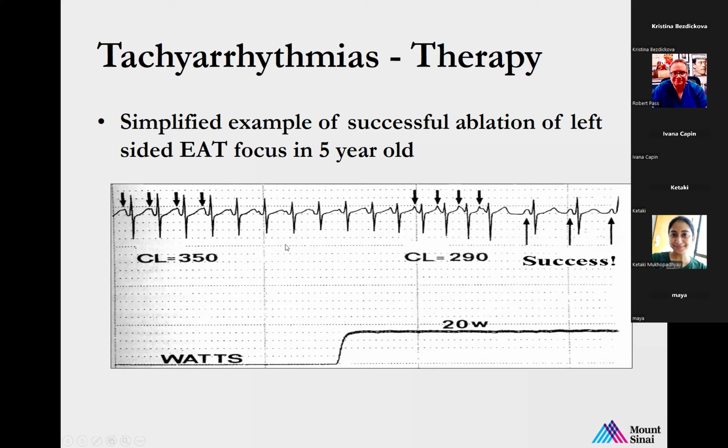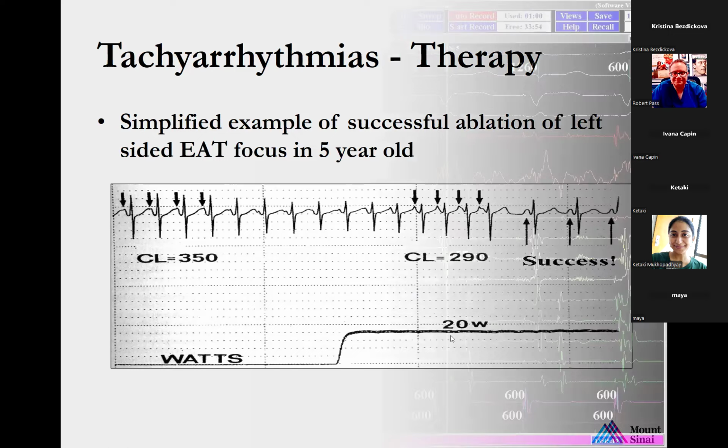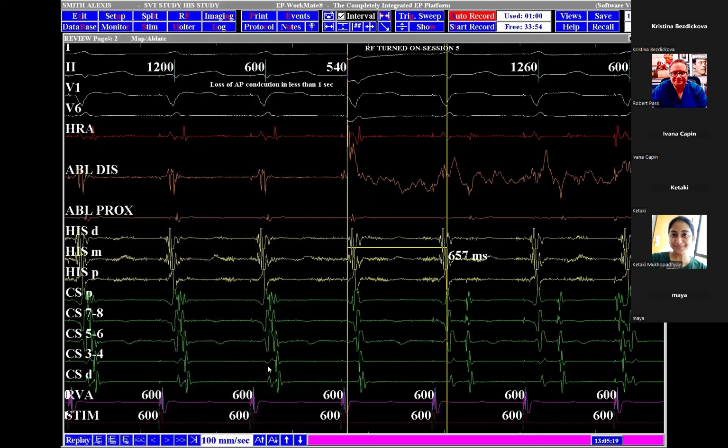This is an old example of a patient in ectopic atrial tachycardia. The radiofrequency current is turned on, and after a few seconds, a patient breaks from EAT into sinus rhythm in a 5-year-old. And this is an example from a million years ago of a patient who has, I'm sorry, not WPW, has a concealed pathway, and basically radiofrequency current is turned on, and immediately we notice a change in the retrograde pattern in the coronary sinus pairs, suggesting that the pathway has been successfully ablated, and we'll go over how to interpret these signals throughout the year.